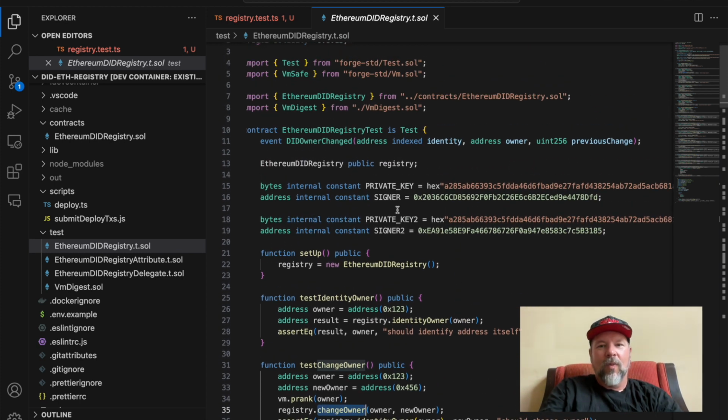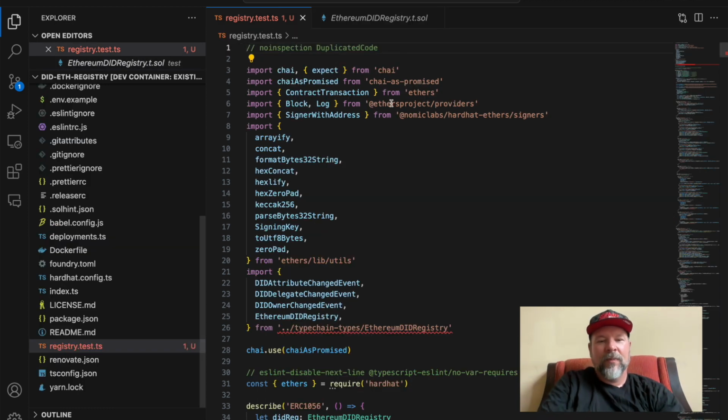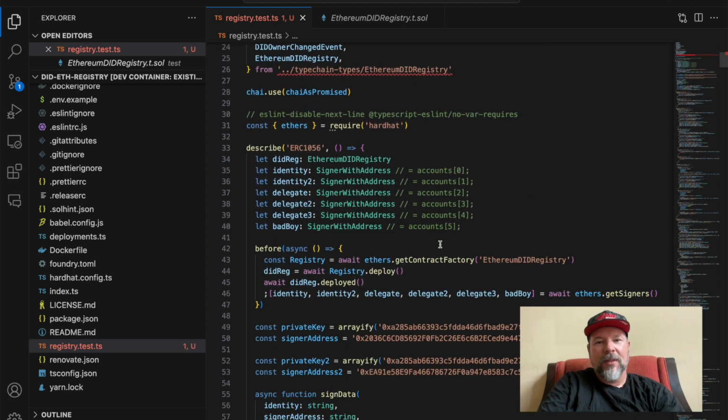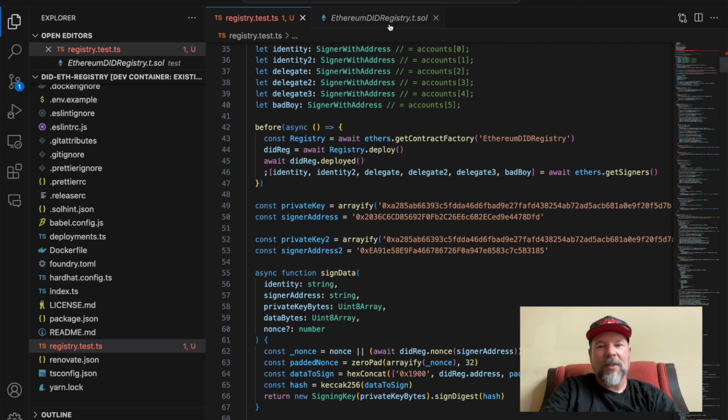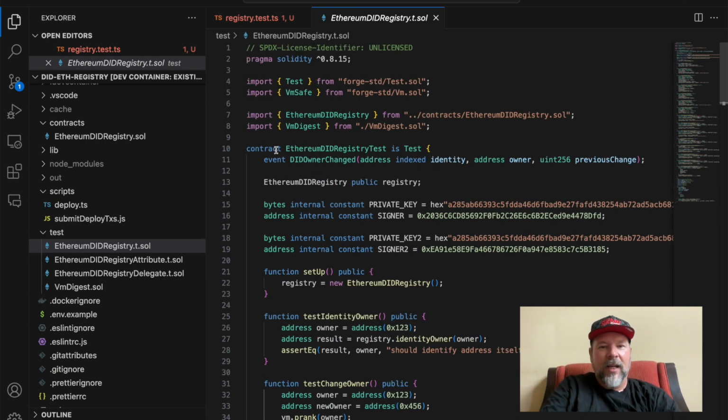Now, I've spent a fair amount of time developing Solidity, and I've also spent a reasonable amount of time developing TypeScript, and even other languages beyond that. I have decades of programming experience. And what I can tell you is that there's differences in the code style between TypeScript and Solidity. And one of my pet peeves is when I see Solidity written like TypeScript, right?